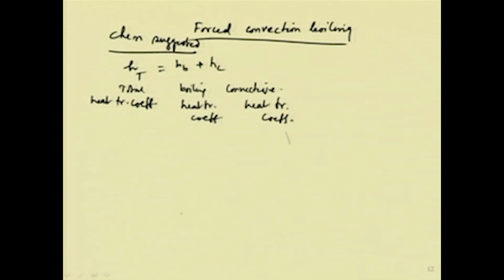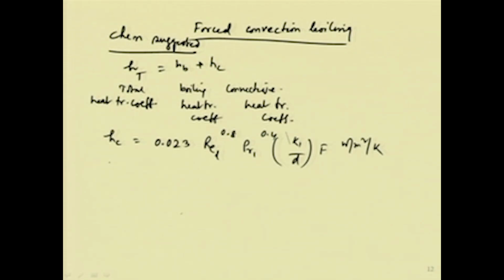Okay. And then a relationship is also being given for the convective heat transfer coefficient, because of the flow of the fluid through a tube kind of situation. In that case, something like the Dittus-Boelter equation is used. It is 0.023 with little modifications to that, Re_L to the power 0.8, and then Prandtl_L to the power 0.4 into k_L by D, into F, and this is in watt per meter square per Kelvin. Here we can say that Re_L is the liquid-only